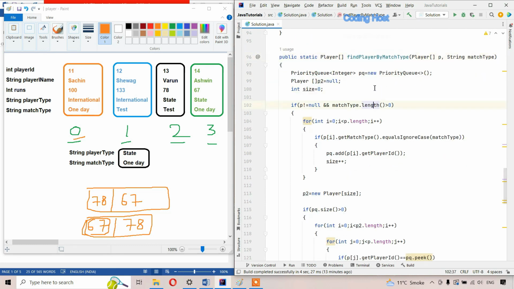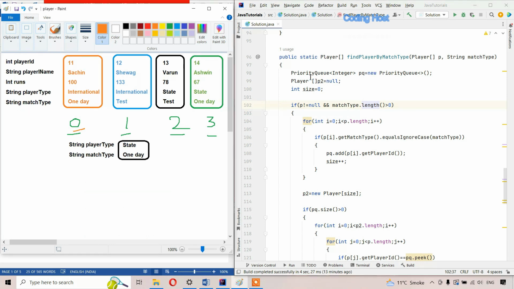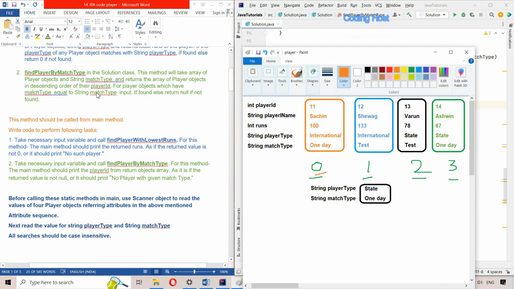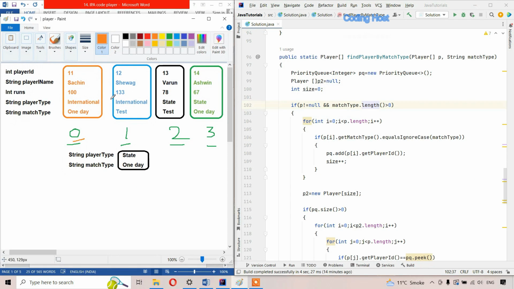You can see that here we also have to do the sorting. First I have taken a priority queue of integer because we have to sort the array in the descending order of their player ID. You can see in this question we have to sort them in the descending order of their player ID. Then after that I have taken an empty player array because right now we don't know how many player objects we have to store in this array, and we have taken the size of this array equal to